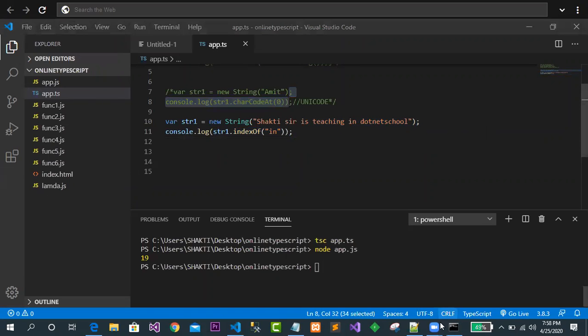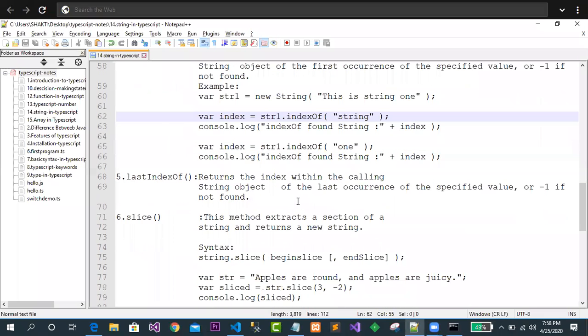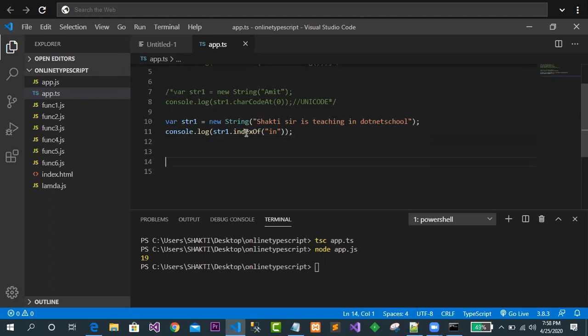Ready? So now one another method we will look for, that is last index of. Simply, I will just change these things to last index of. This is the last index of. Clear up to this. Okay, so now what I will do here.